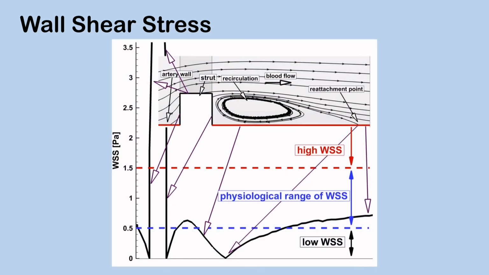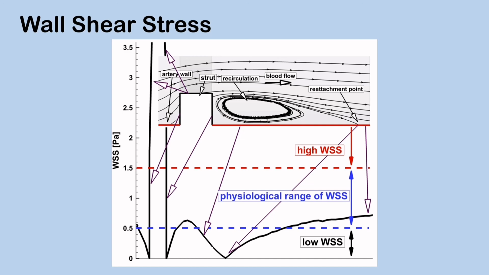Here we have the wall shear stress evolution in the vicinity of the stent strut and its correlation with the streamlines. From our results, we observe that the wall shear stress is strongly dependent on the strut's geometry. Moreover, the vicinities of the strut are associated with high values of wall shear stress. The normal physiological values for the wall shear stress in a coronary artery are over 0.5 pascals, whereas here we can see that the values of the wall shear stress in the vicinity of the strut are below that. To add more, the values below 0.5 pascals are considered to be critical, being associated with an increased thickness of